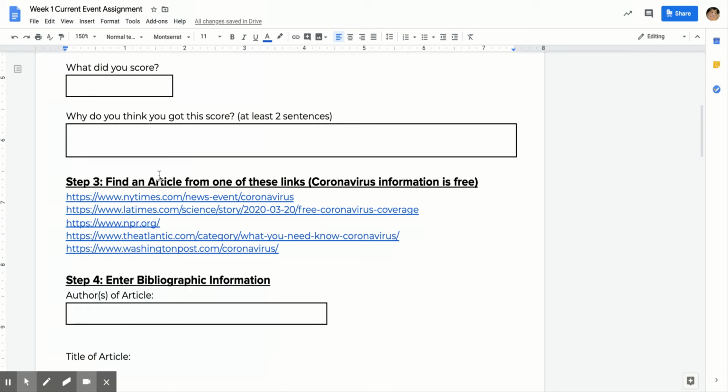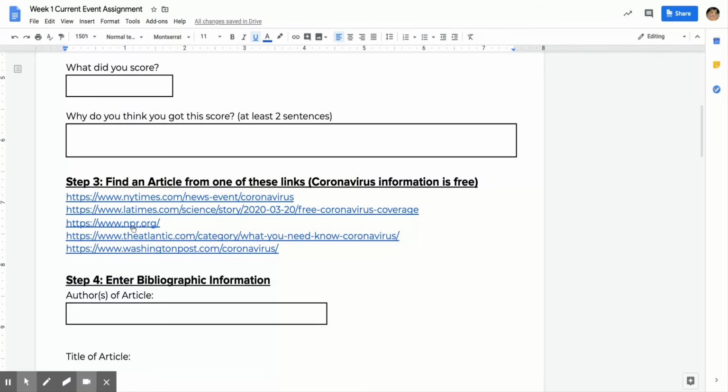Once you get done with that first part, you are going to find an article from one of these links below. These are specific links that give free articles about coronavirus. There are other websites you can use, but I think there's enough here that you can find one from one of these links listed below. Let's say we want to look at things that are specific to LA.